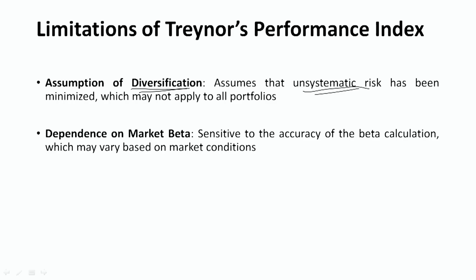So it means that the company's actual performance has nothing to do with the actual price movements in the market, right? So that is one of the limitations of Treynor's ratio. And the second is its dependence on market beta. And as I told you, overall, Treynor's ratio is talking about a portfolio